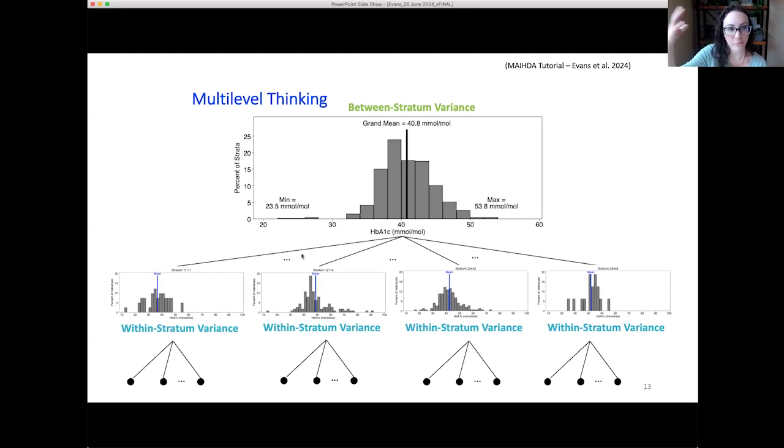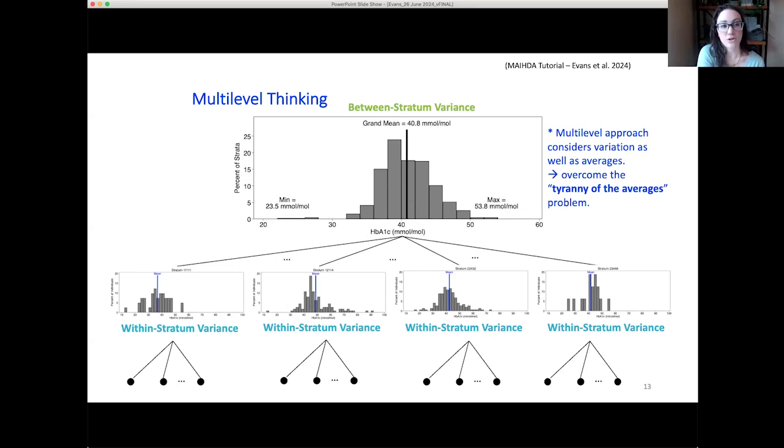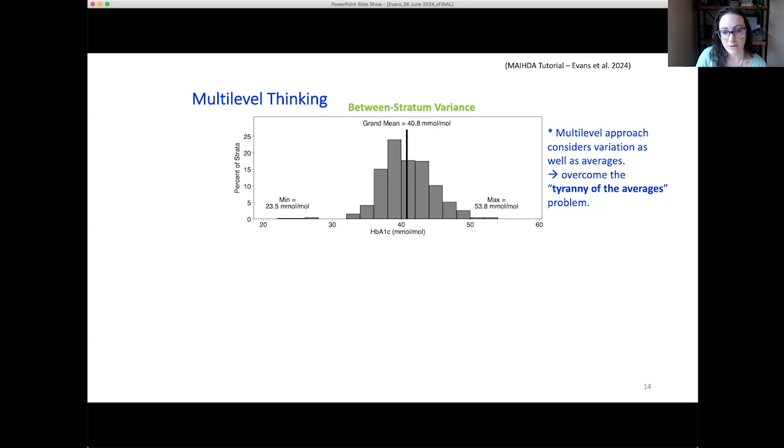This is just the visual for the math I showed you a moment ago. Looking within my strata, I've got a bunch of people in there, and they're making that histogram, right? And then I can think about variance within my stratum. So I've partitioned things so that I can think about averages in each group. I can think about averages overall, and I can think about differences across strata and within strata. So I get lots of different things. What this helps with is that tyranny of the averages problem, right? So I'm starting to think about inequalities, not just in terms of averages. I'm also paying attention to the shape of those distributions, which is a much better way of thinking about inequalities.